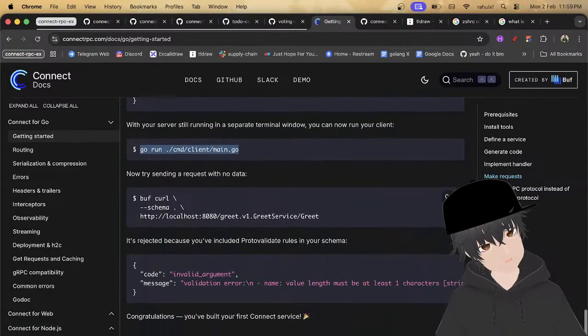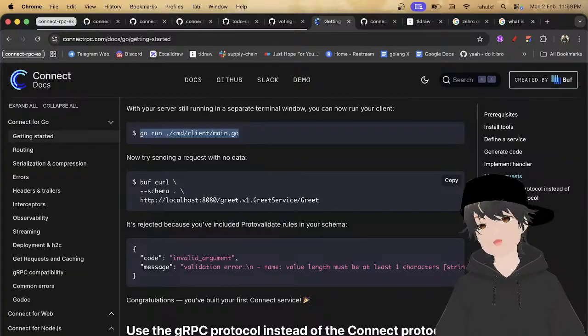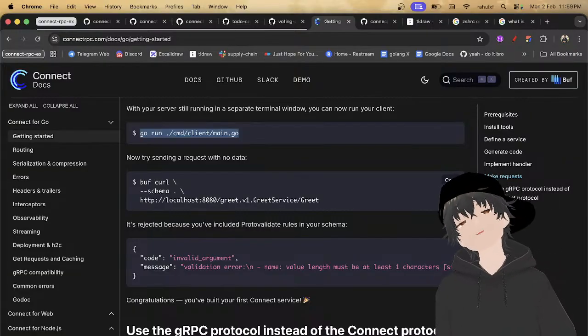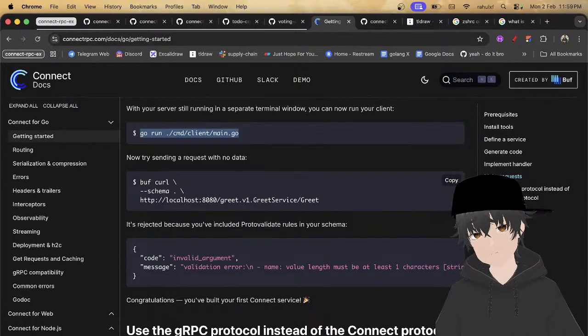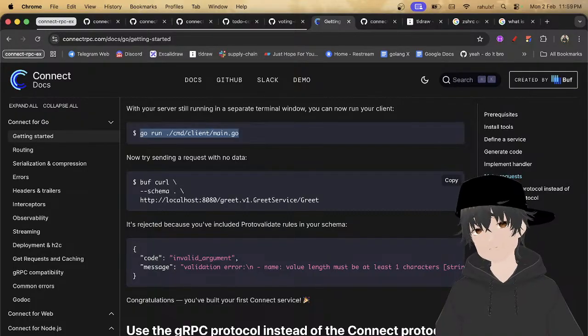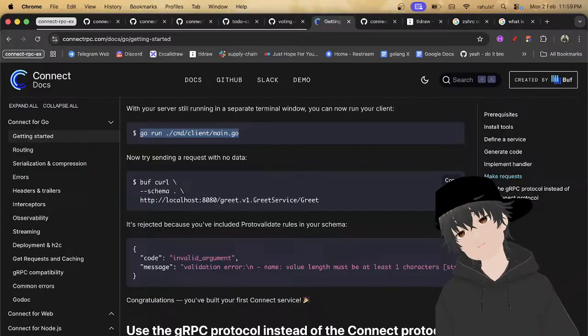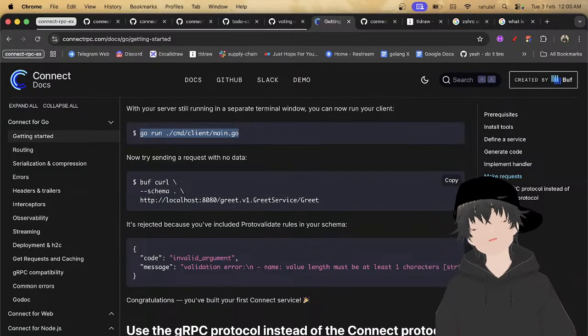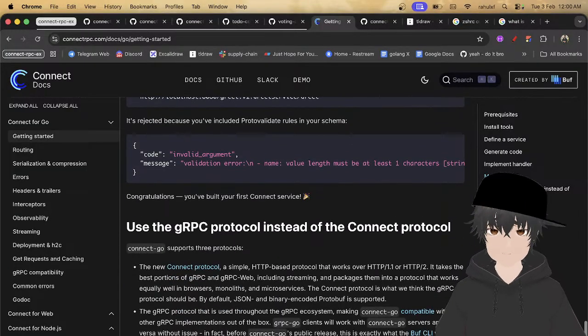Above is the curl, and then the schema is like this. Okay, you have built your first Connect service.